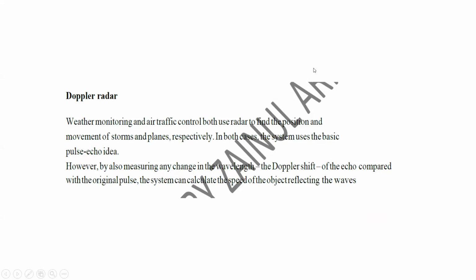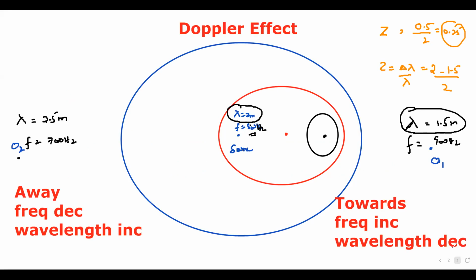Both use radar to find the position and movement of a plane, and in both cases they send radiation. For example, how can radars locate the position and identify whether an object is moving towards or away? Say a radar is placed at an airport,